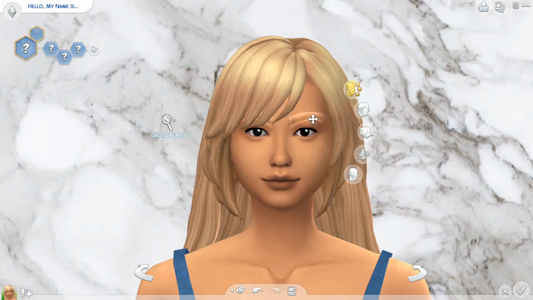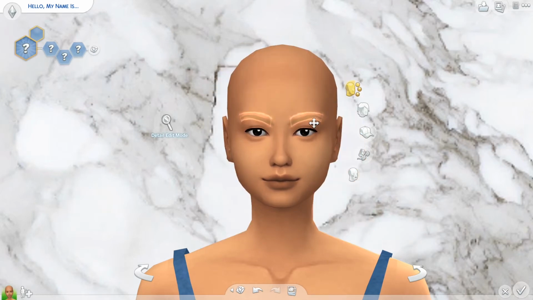But anyway, today I'm just going to showcase some face sliders and body sliders that I have in game and that I've used in the past in my game. So I don't want this intro to be going on for too long. So I'm just going to start with the face